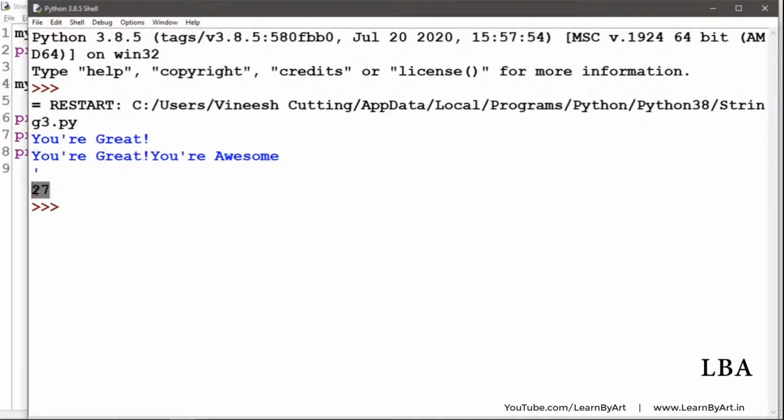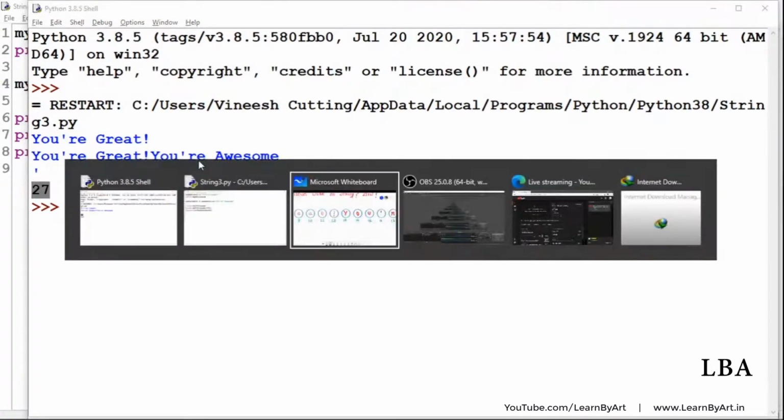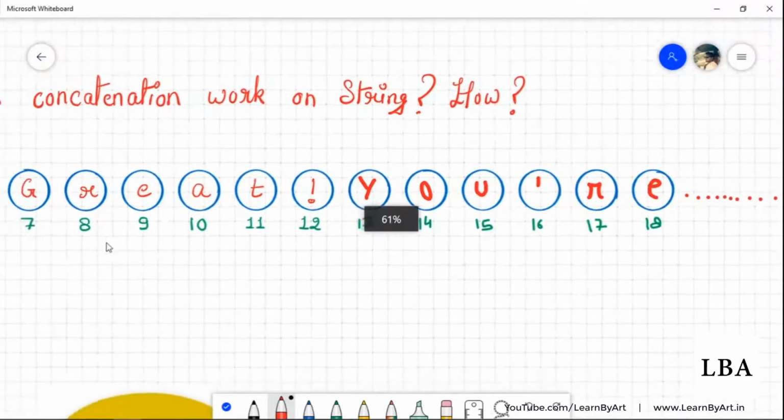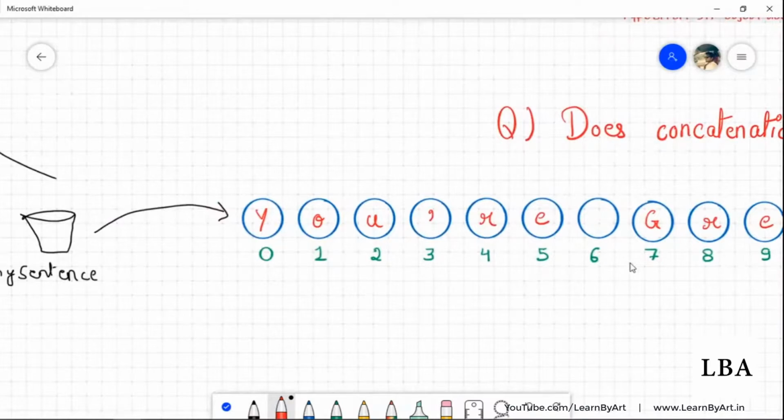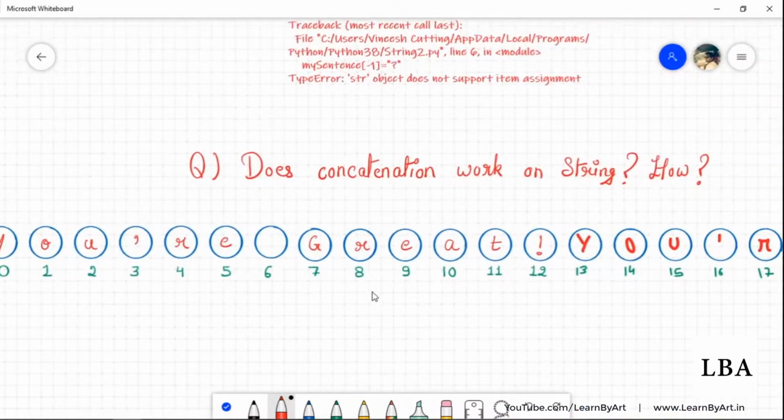See this, the length has become 27. That means all new objects are being added. So always remember this: when you do the concatenation, you take the old copy and then you add new objects, then you create a new set of objects like this, and then you assign the same variable the new set of objects. So this is how the concatenation works, and that is why